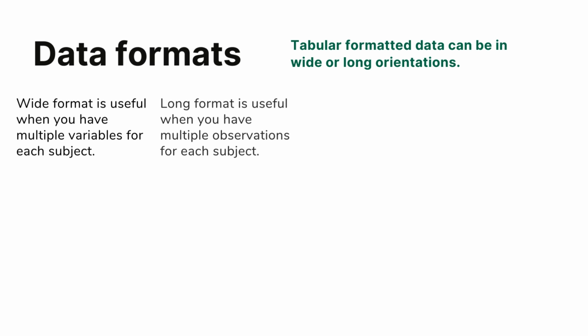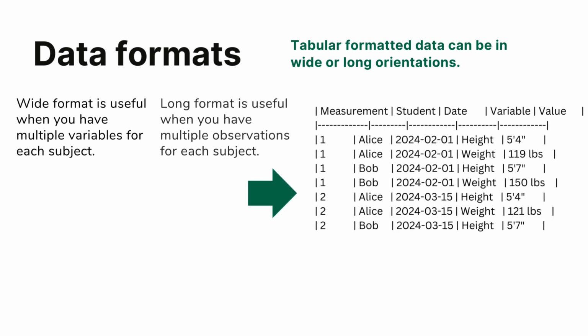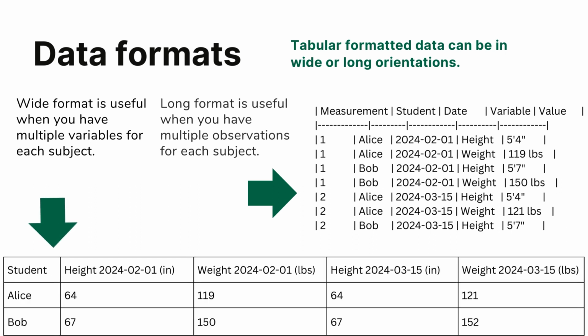Longer data might have multiple rows per observation, in addition to having multiple observations. For instance, if we are measuring height and weight of individuals in the class, multiple times throughout the term, we might organize the data such that each row is a person and a time and a height and weight. Each observation would take 2 rows. That would be long format. You could also format the data such that each row contains all of the data for a single individual, both height and weight, for each observation. There are reasons you might choose either of these formats or one in between, but we will cover those as